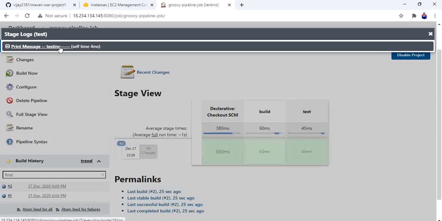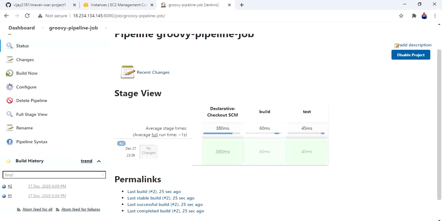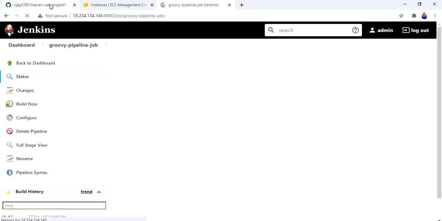See, it is testing, as I mentioned in the steps, echo testing. That's why it's showing.